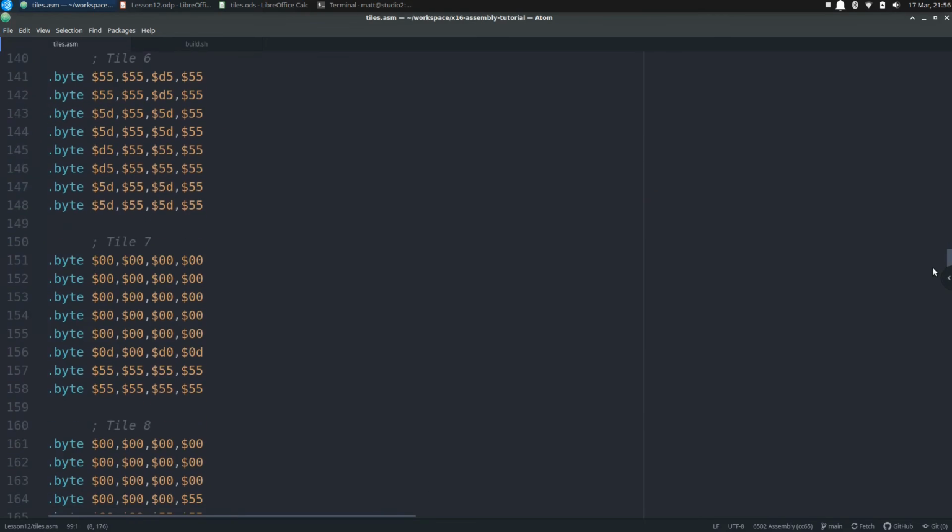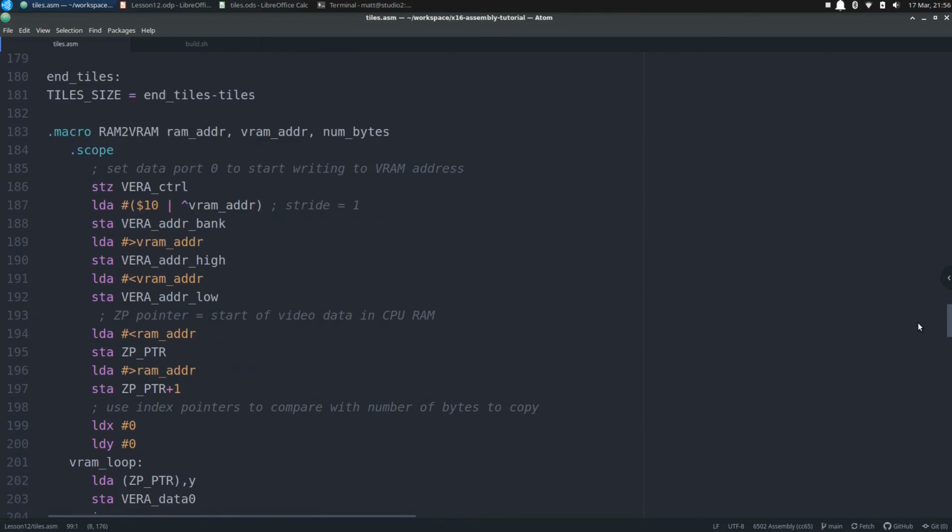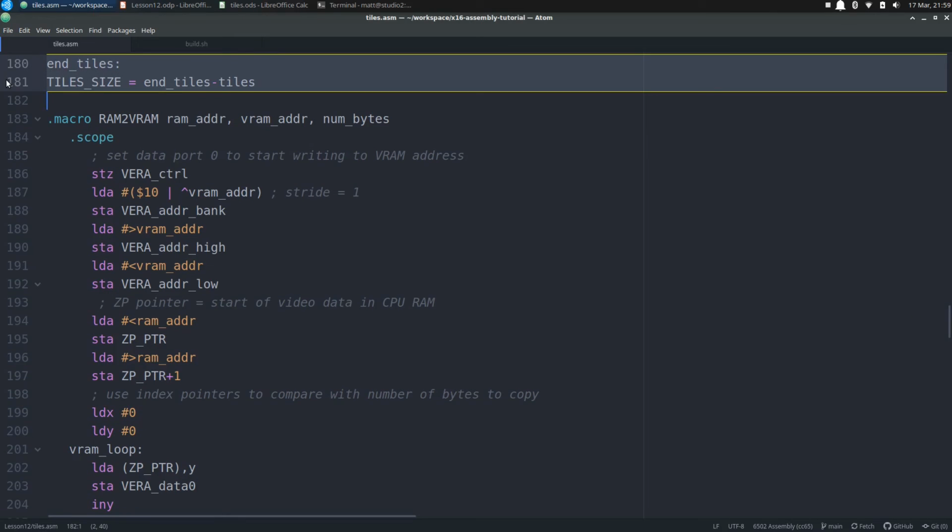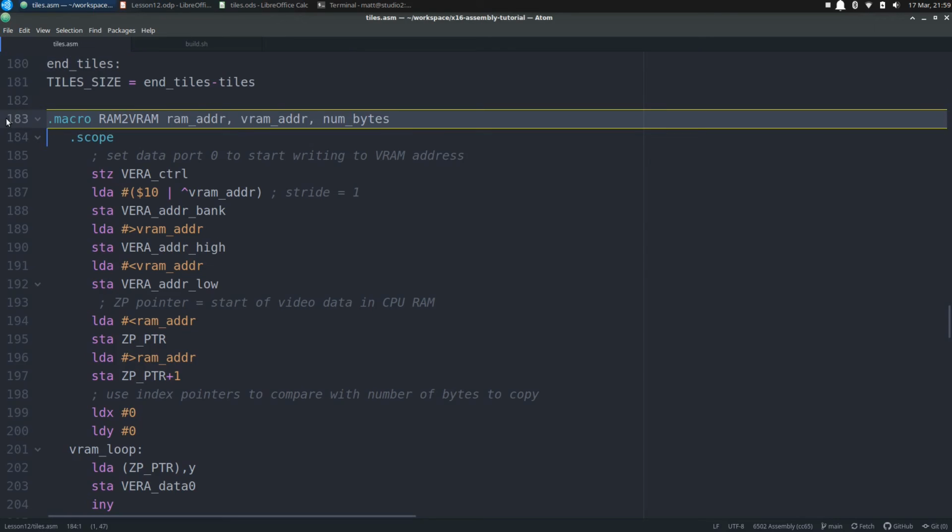And the tiles continue until we get through all the tiles we defined in the spreadsheet, and then we have another label and constant to define the size of the tile set that will need to be copied from VRAM separate from the map data. Then we have a macro called RAM to VRAM, which we will use to copy this data. For arguments, we will pass in the CPU RAM address of the data we loaded in above, the VRAM address it's going to be copied to, then the number of bytes that will be copied,